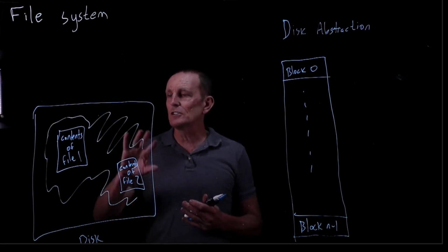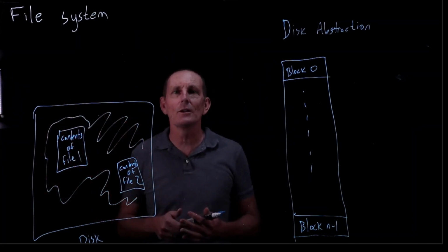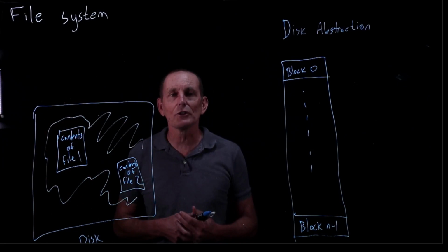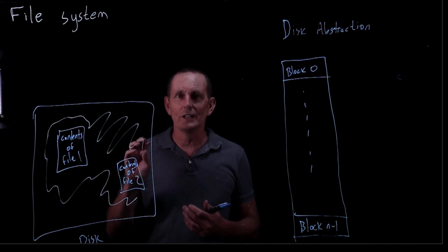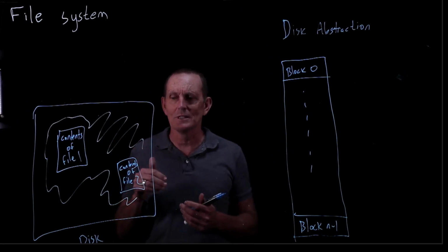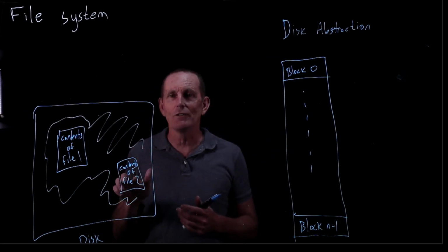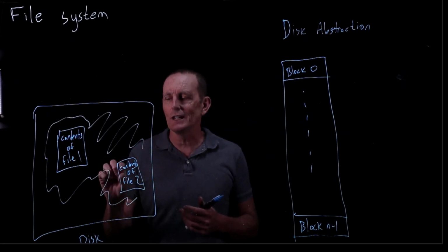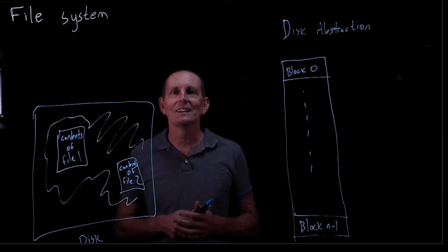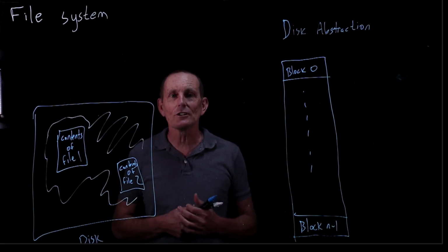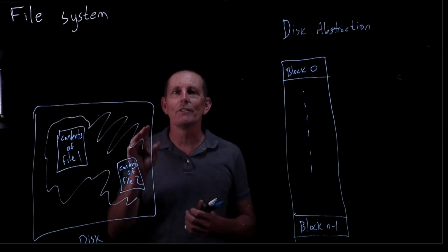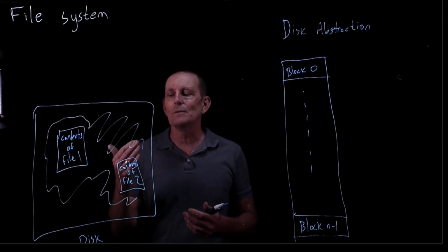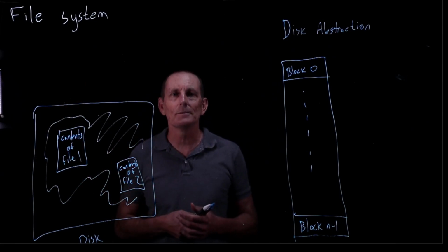Well, that'd be which blocks are free. That is certainly some metadata we need to keep track of. Which blocks are free, which blocks are in use. Which blocks are used and in what order, because that order pretty much matters, of which file. So we want to know that, for instance, file 2 has these certain blocks in this particular order. As well, the directory structure and all of the file metadata I'm going to consider as part of the file system metadata, like, again, the names, the attributes of the file, permissions, and so on.